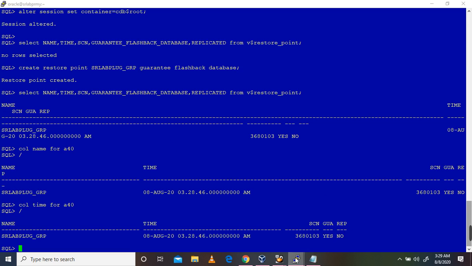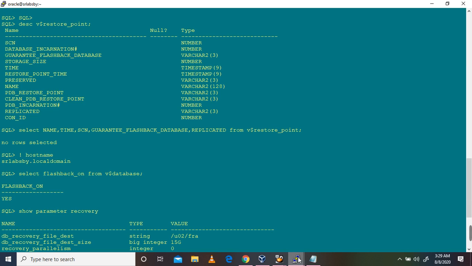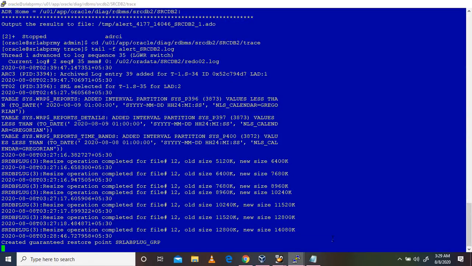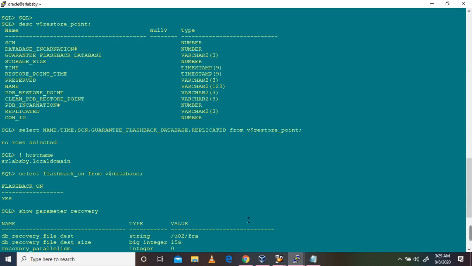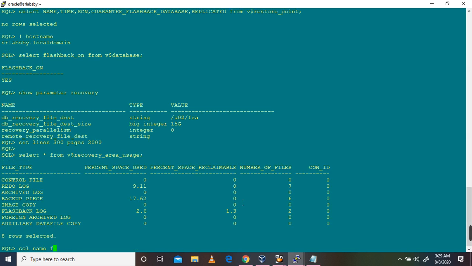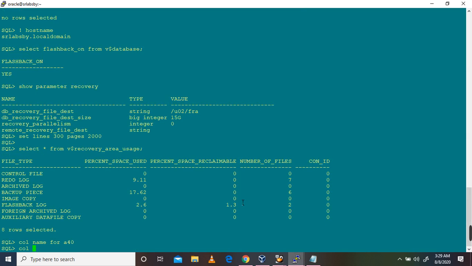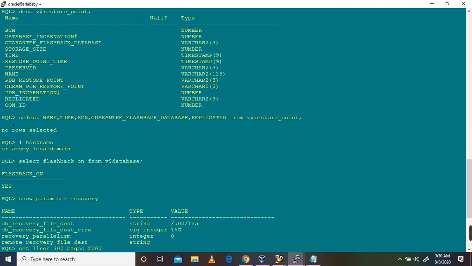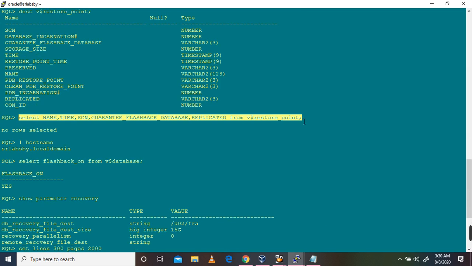The same thing we can verify on the standby side. Also, you can check the alert log here: create a guaranteed restore point. On the standby side also we can execute this query. You can see here, earlier there was no restore point on the standby side.